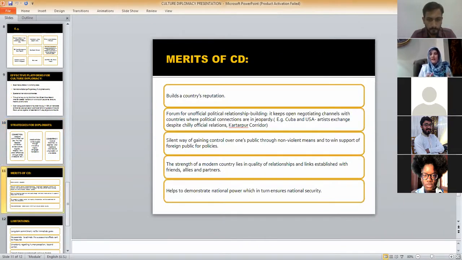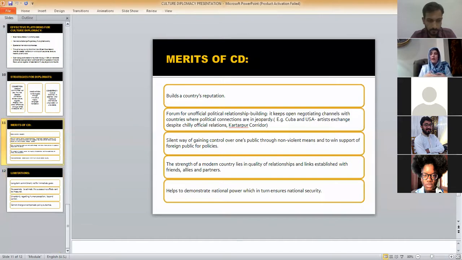Then what are the merits? And we're going to talk about the limitations of this cultural diplomacy. Now, the merit of cultural diplomacy is to build countries' reputation and help the formulation of official political relationships. It can keep a negotiation channel open with countries where political connections are jeopardized. For example, I already told you the example of the Cuba and USA artist exchange program when the relationships were terrible with each other. And recently, between India and Pakistan, we have the Kartarpur corridor, which